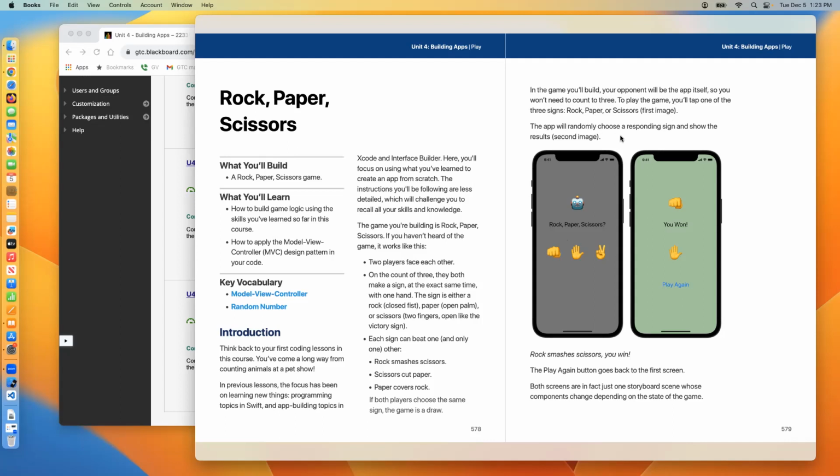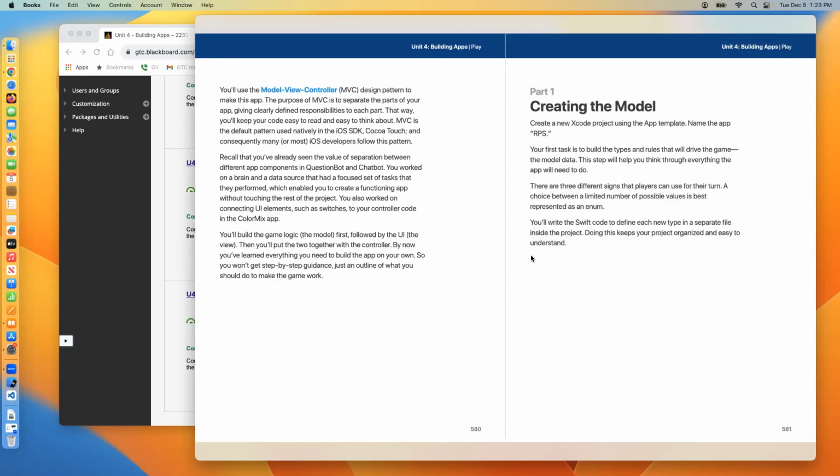The app randomly chooses a responding sign, and then we see who won. And then hopefully you have screens that look like this. So this shouldn't take too long, but there's a bunch of little tiny takeaways from this, which are kind of